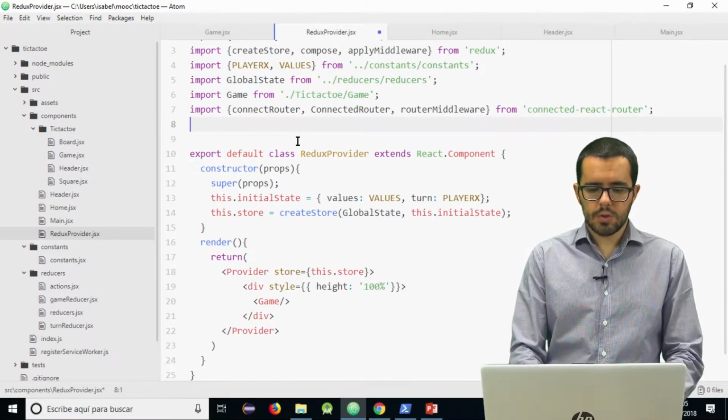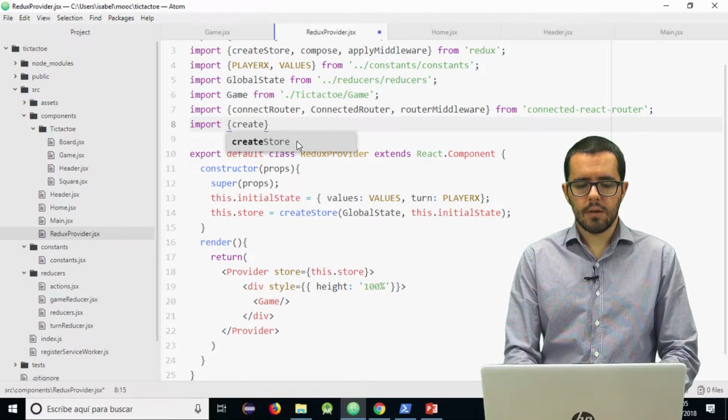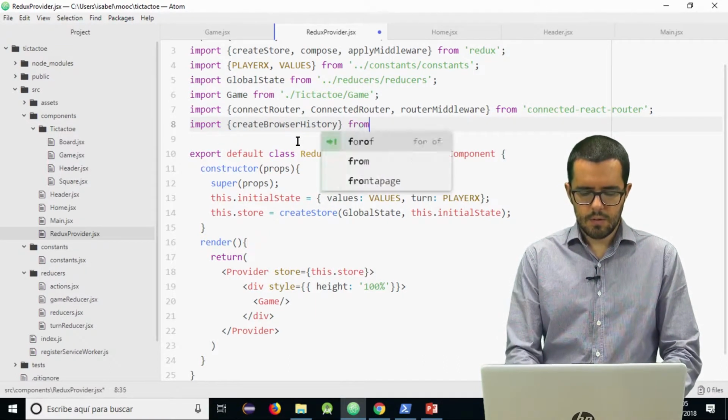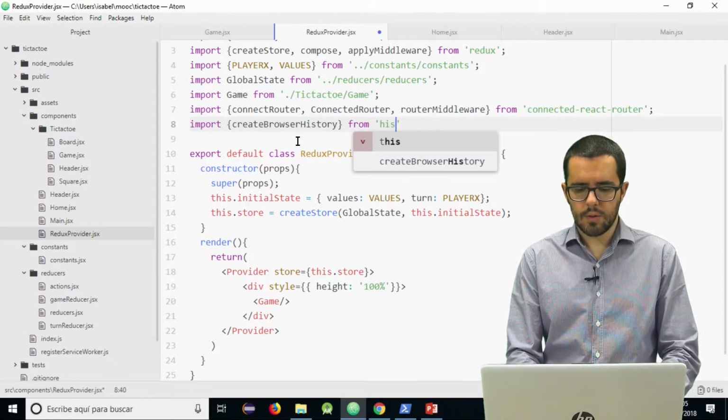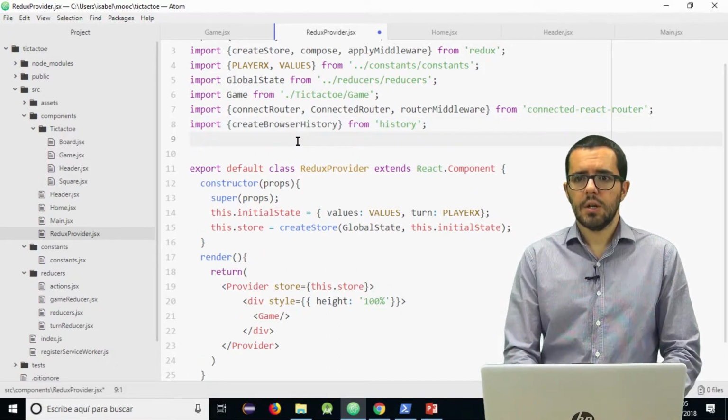And we will use the history library, with a method createBrowserHistory, from this library that has already been installed by another npm package.